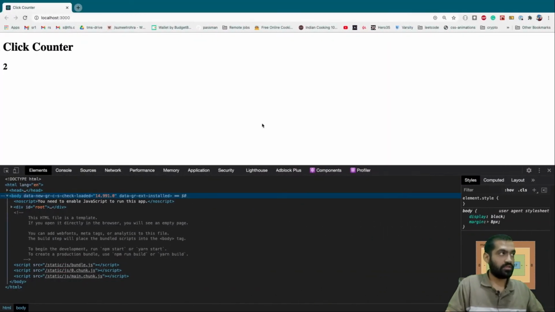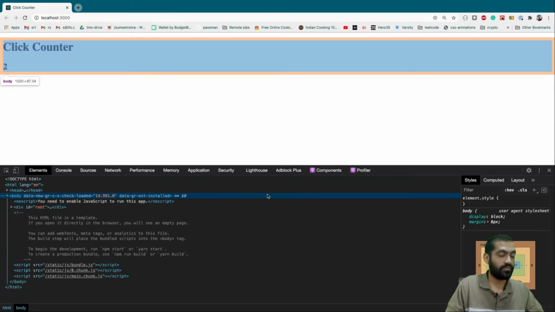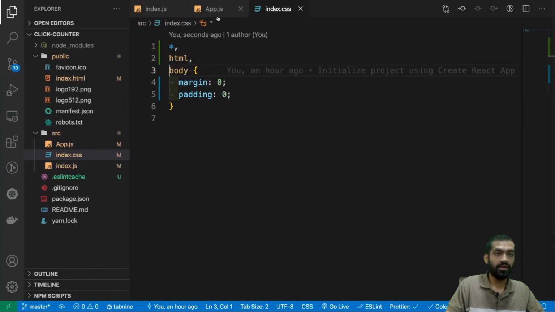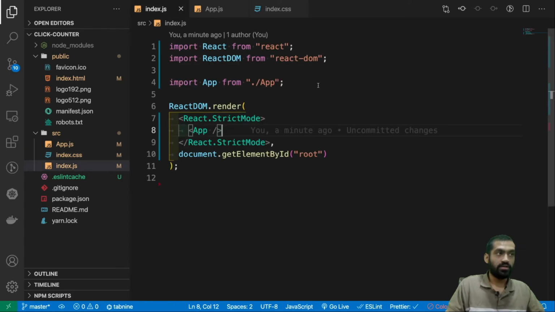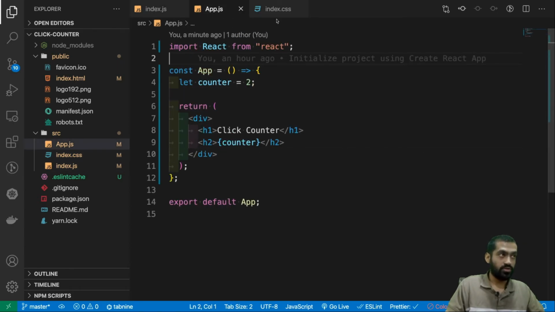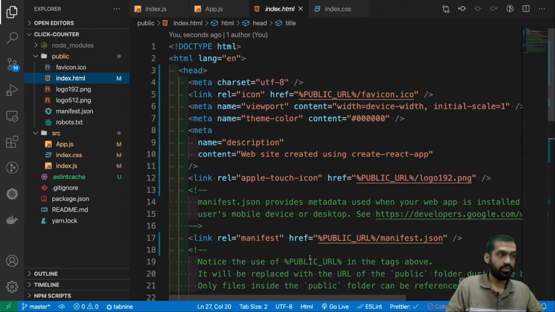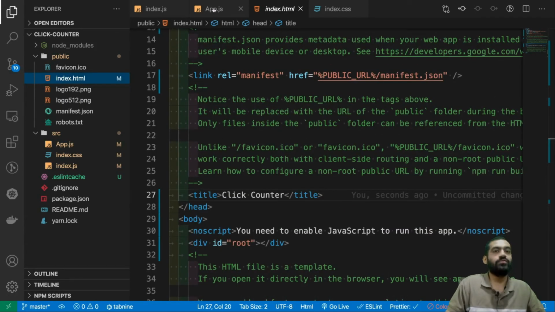Let's just save this, go here, and if we do refresh, okay, nothing's happening here. I did a lot of refreshes. Why is nothing happening here? Let's just see. Is this index.css file imported anywhere, right? It's not imported here. It's not imported here. Let's go to public. It's not added in the link here. So if the file is not imported anywhere, how will it work, right?